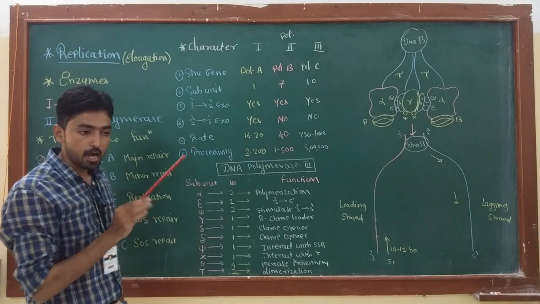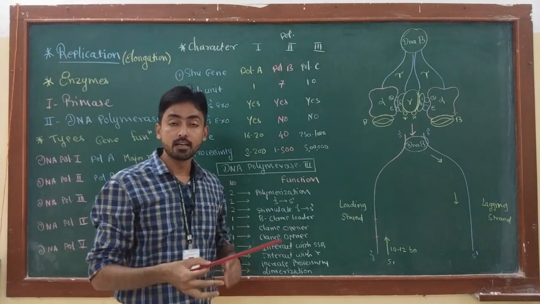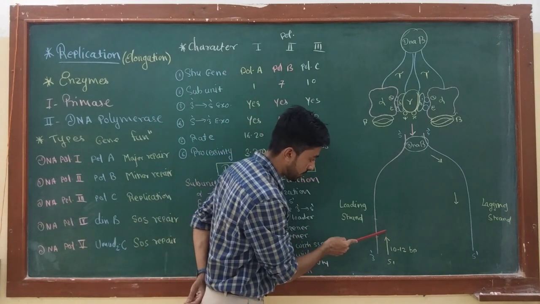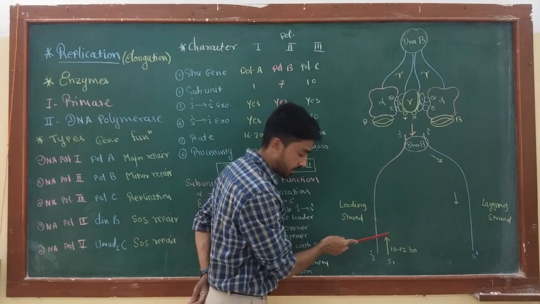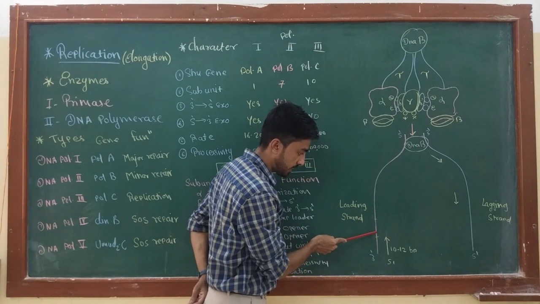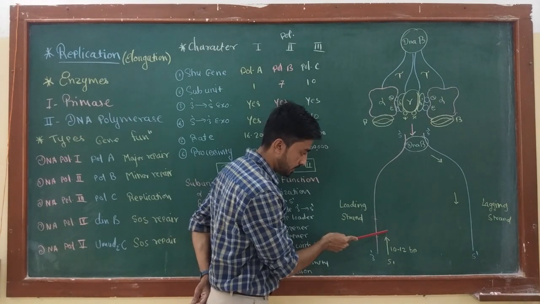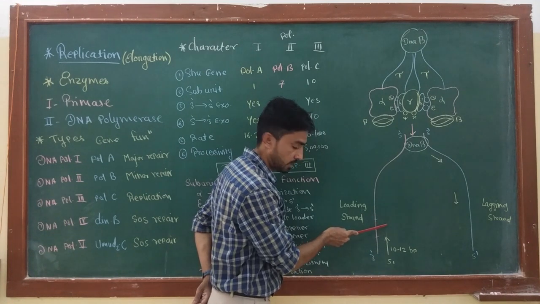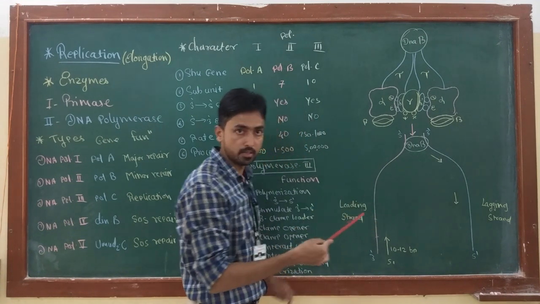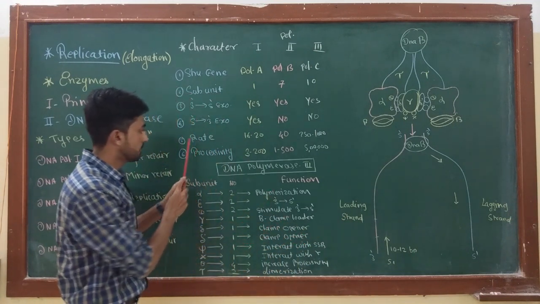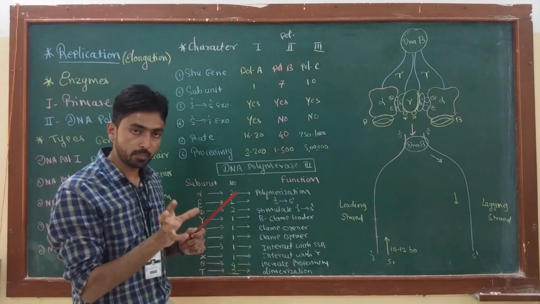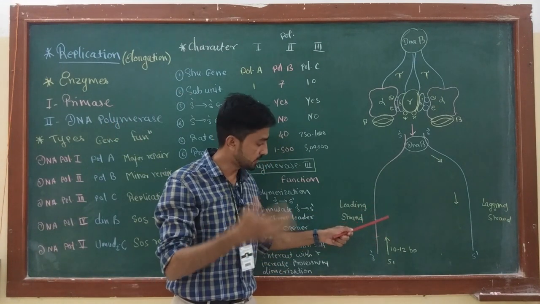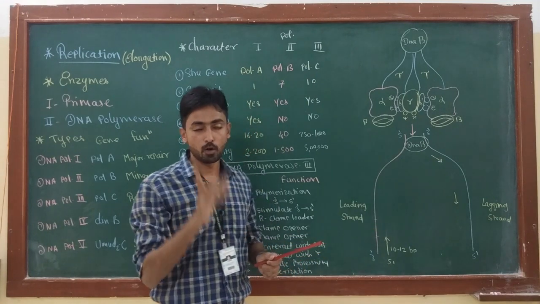Rate means how many nucleotides DNA polymerase adds per second in the new DNA strand. If polymerase starts adding nucleotides in this leading strand, and on the template strand here is adenine, then in the new strand polymerase will add thymine. If guanine, it will add cytosine, complementary base pairing. And rate means the ability of the enzyme to add a number of nucleotides in the newly growing DNA strand within a minute or within a second.